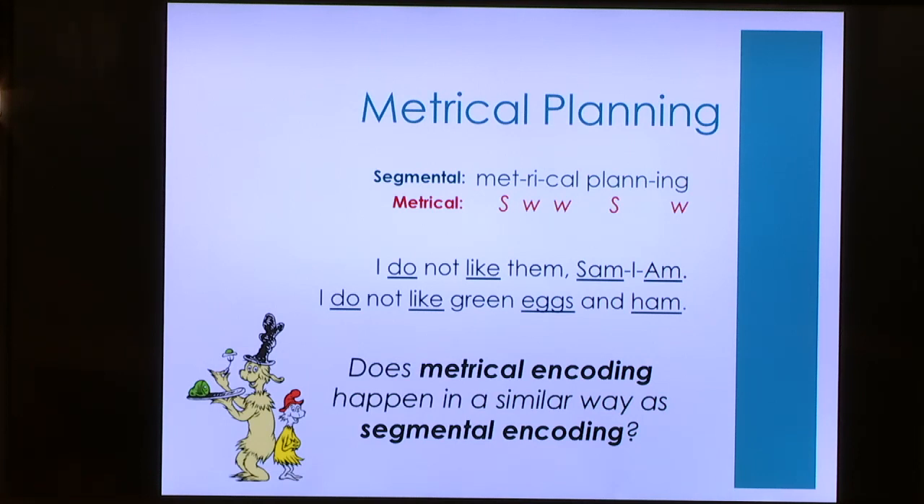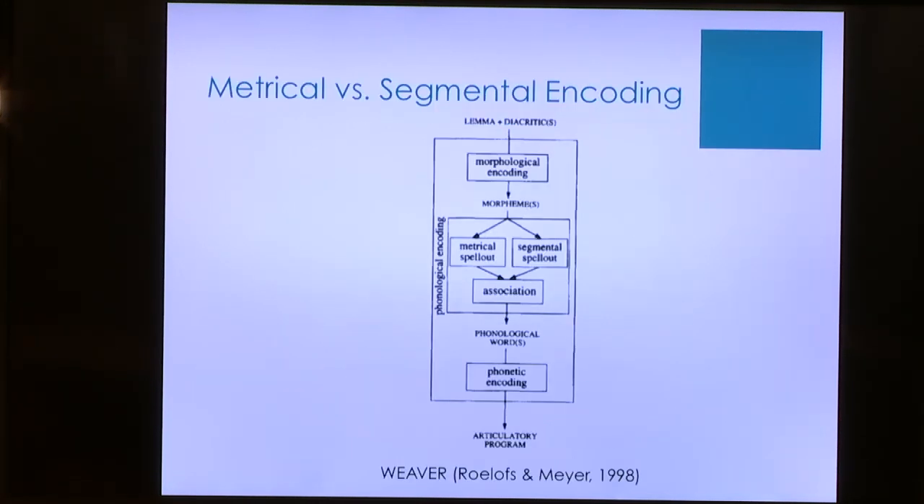And the experiments that I'm going to talk about today are investigating whether or not they really are separate or maybe one and the same. The Weaver model of word form encoding suggests that metrical and segmental spell out occur at the same time, but they are distinct parallel processes. And Roelofs and Meyer ran a bunch of experiments testing this, and they found a priming effect such that words with overlapping meter and segments have faster onset latencies,